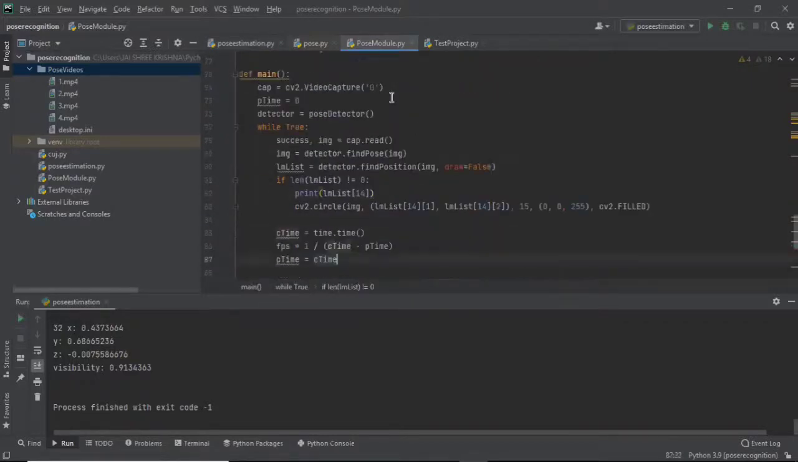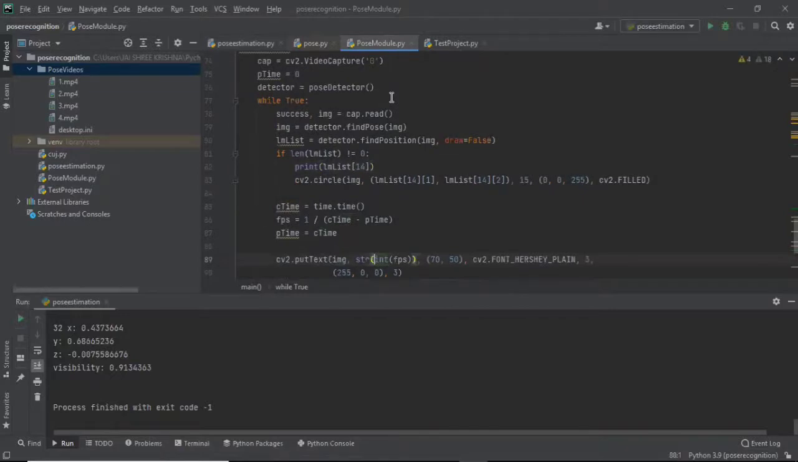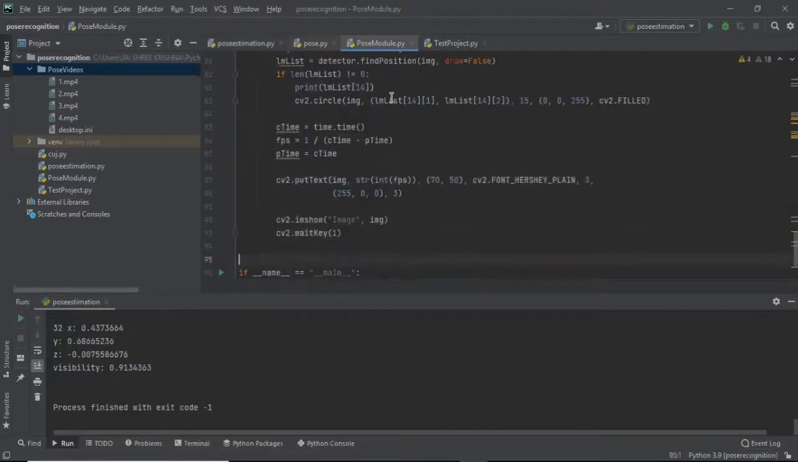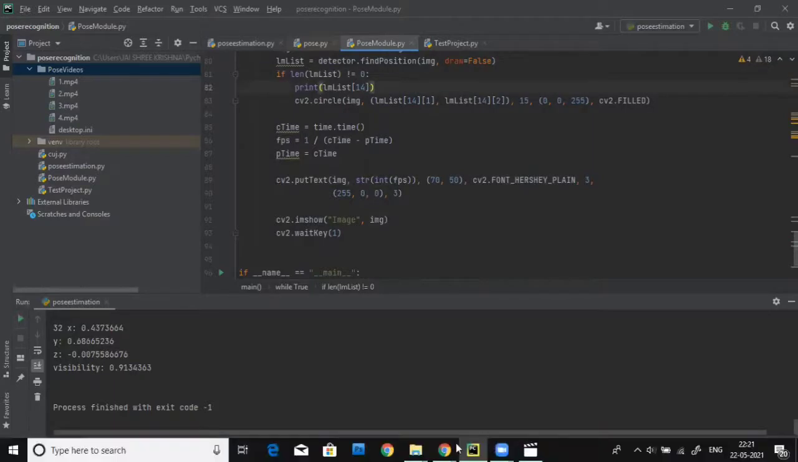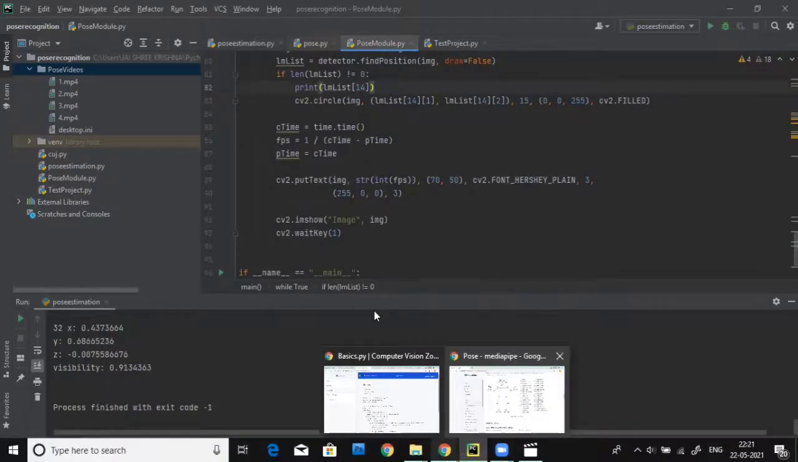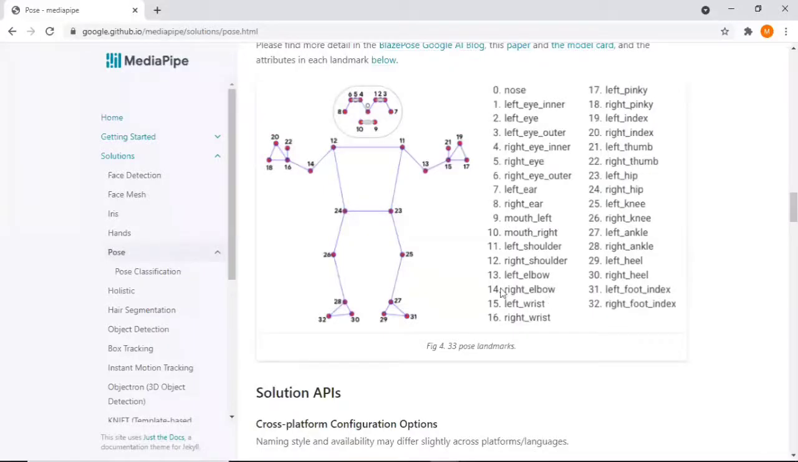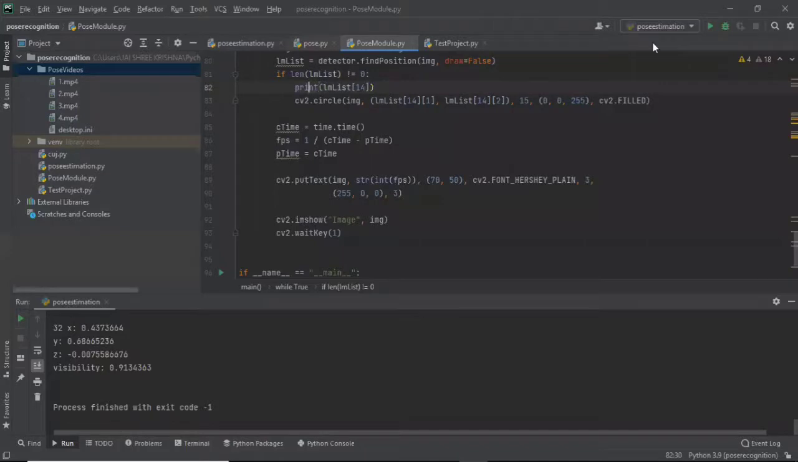If we want to track a specific landmark, like landmark number 14, which is the right elbow, and we want to specifically track it, for that purpose we have to use this code. So if we run this code,